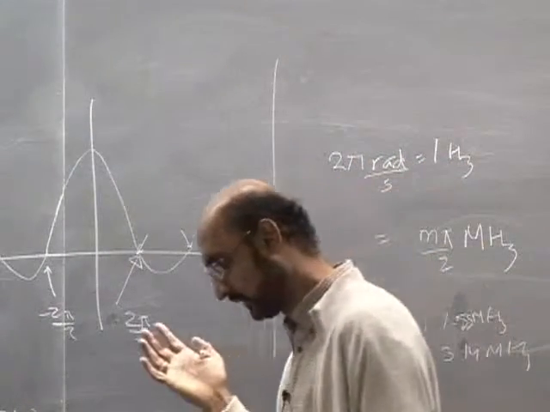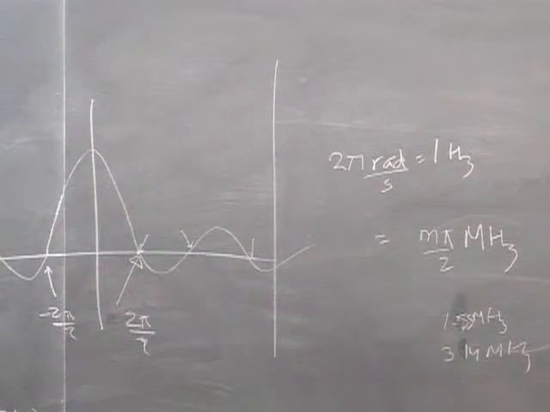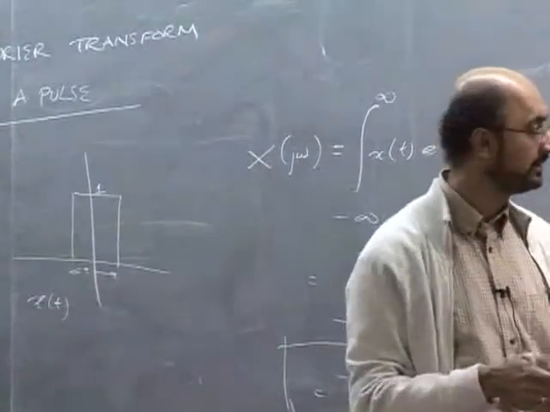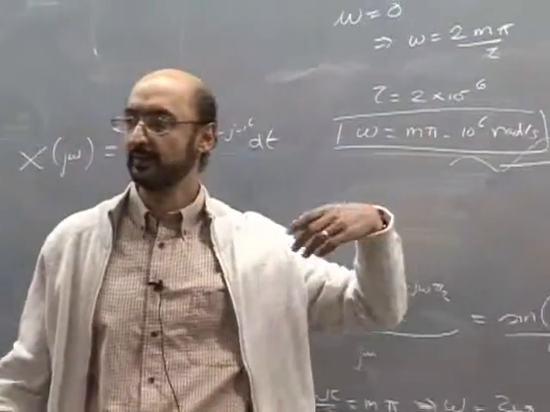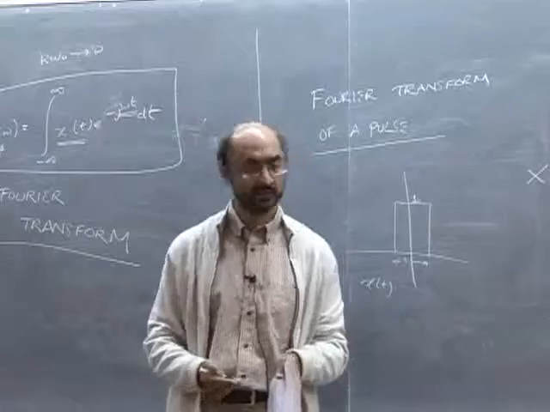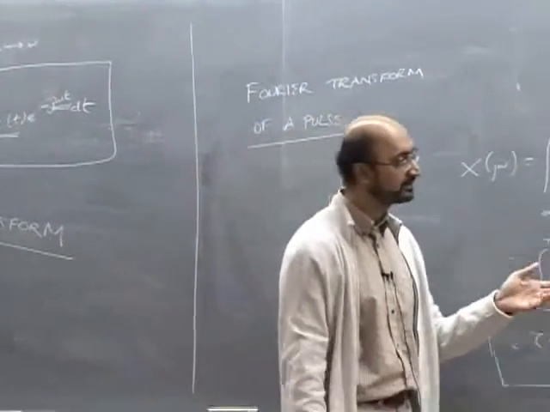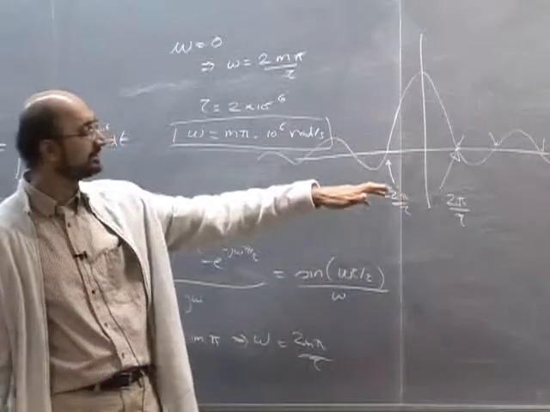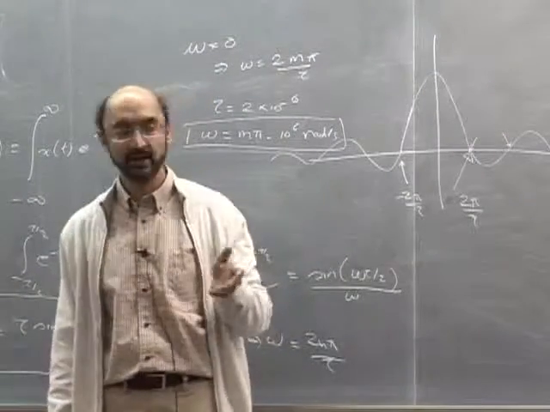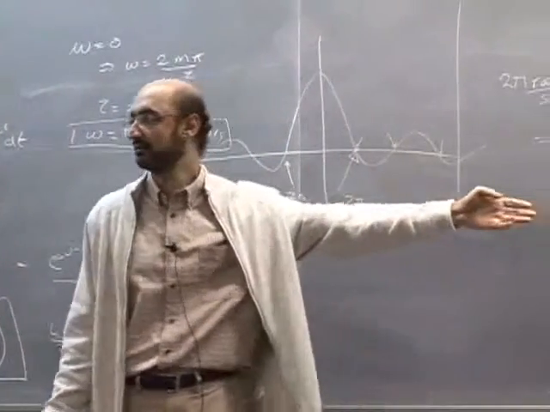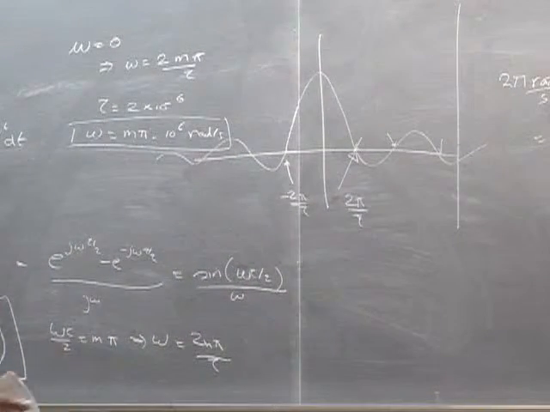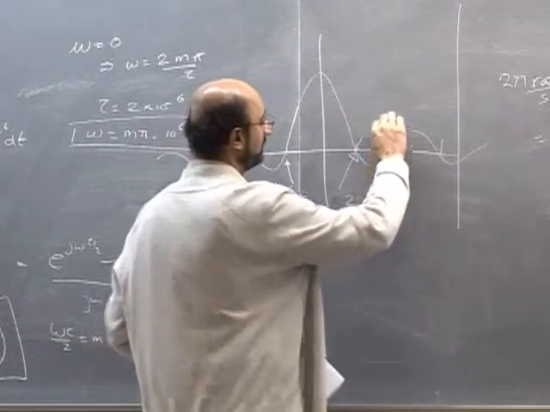So why is this important? It means that if I send a pulse of width 2 microseconds, I haven't told you at what frequency band I'm sending it. Remember, I have a carrier frequency underlying it. If in the carrier I inject a pulse of 2 microseconds, the carrier is not going to have any energy due to that pulse at the frequency band that is 1.55 megahertz away from the pulse, which means I can put in another signal, another sync pulse,